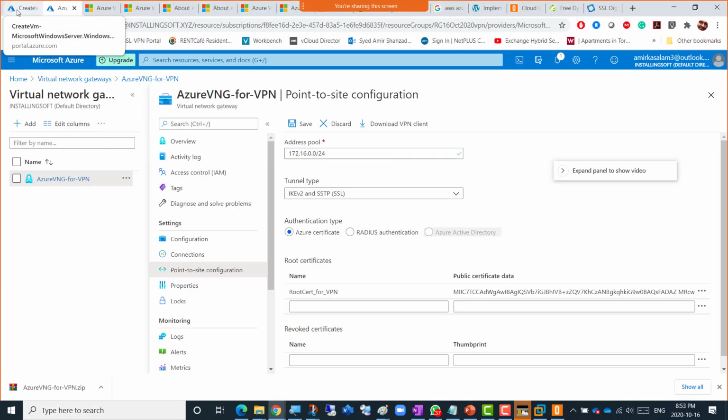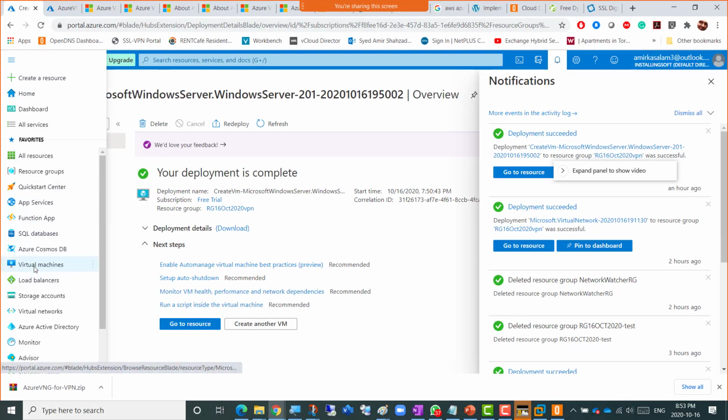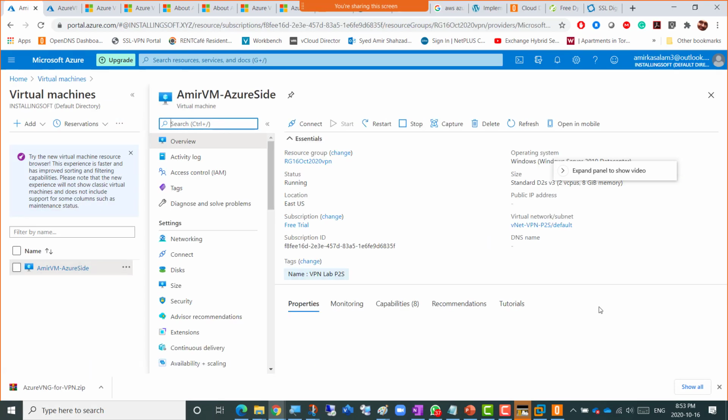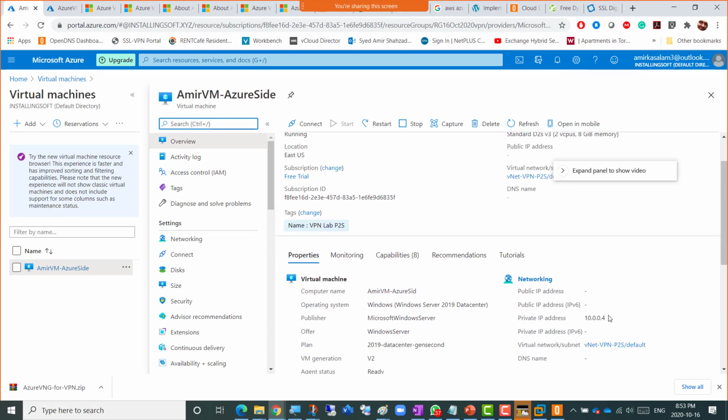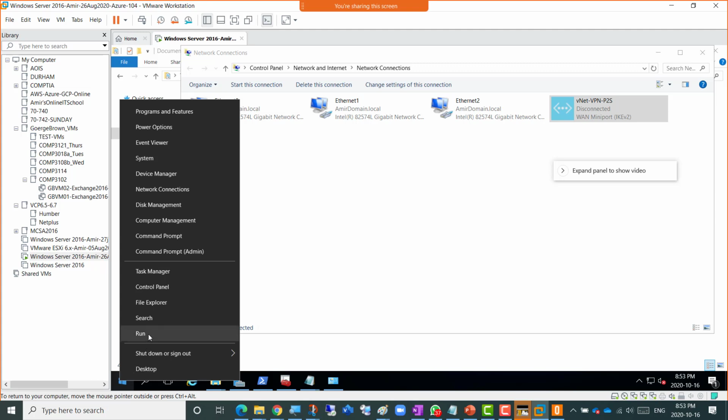If I go to the Azure dashboard and portal menu and go down to virtual machines, there's only one virtual machine here with just the private IP, and that private IP is 10.0.0.4, right? Okay, I know that this is the IP there, and I copy that and go to my virtual machine in VMware Workstation. So okay, I have the IP. You know what? I can also just prepare it. Just go to run and type